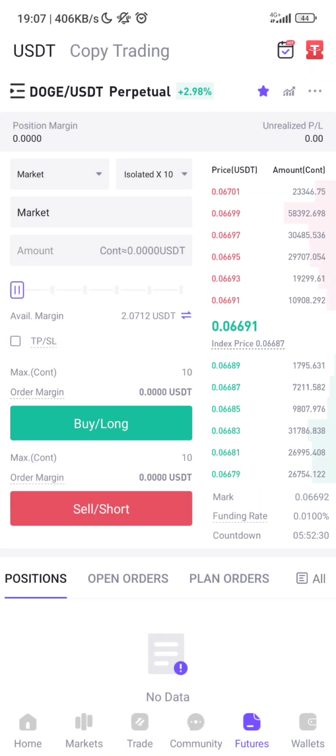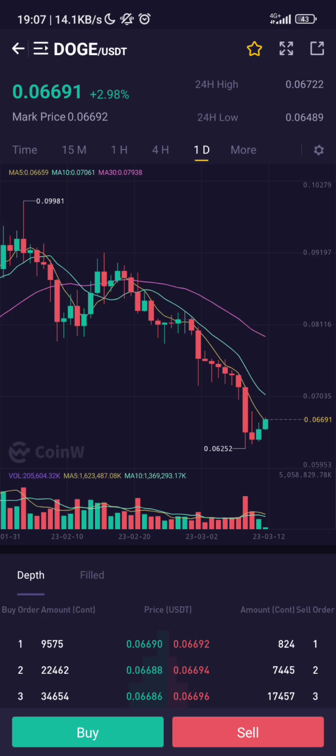So we have position margin, right? This is position margin at the top, and we have unrealized profit and loss. So when you are in a trade, you'll be seeing your potential profit or your potential loss. That's why it's called unrealized profit and loss, because until you sell, you don't realize the loss. So this little icon here after the star